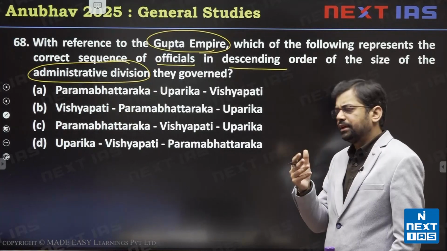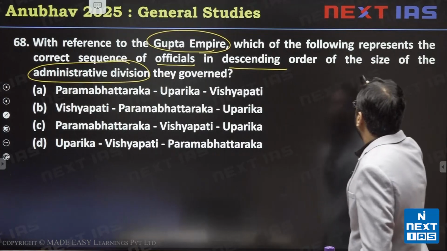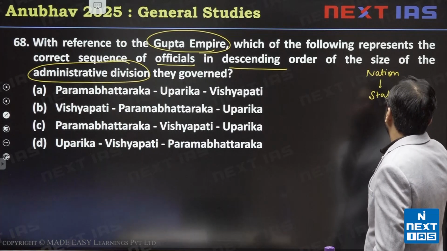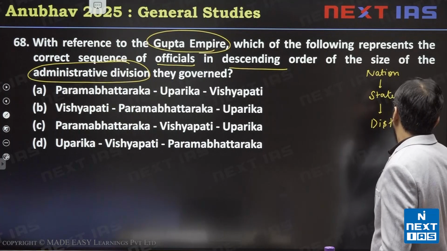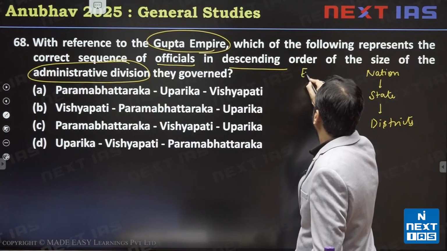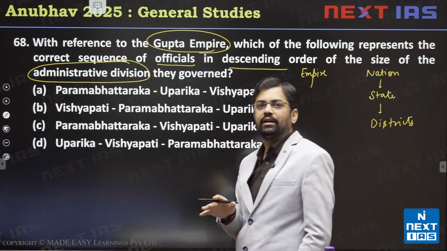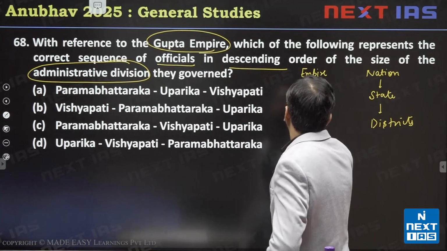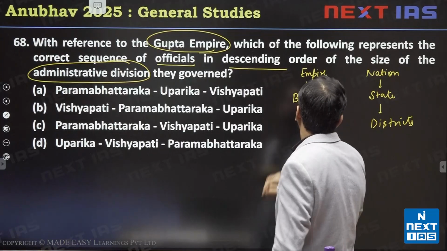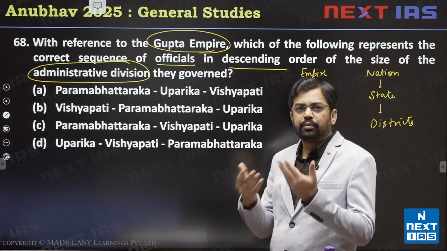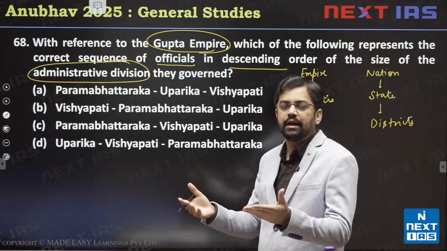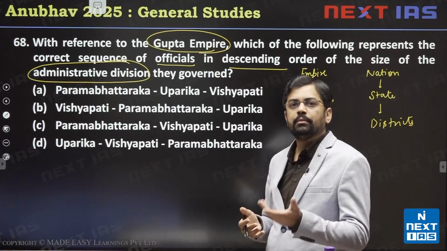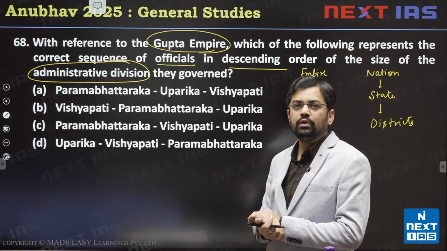If we see the current administrative division of India, firstly we have the nation, which is divided into states, and states are further divided into districts. Similarly, during the Gupta Empire there was the empire, the entire territory ruled by the Guptas. This empire was divided into provinces known as Bhuktis. These Bhuktis were like today's states, for example UP or MP; the empire was divided into Bhuktis, which at that time were called provinces. And these provinces were further divided into districts, which were known as